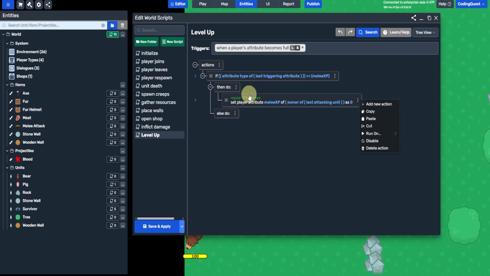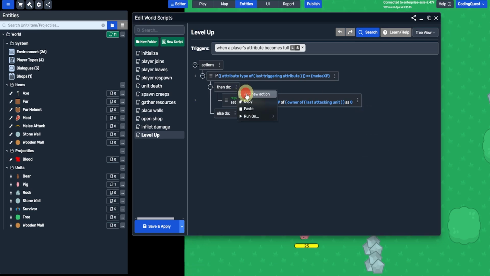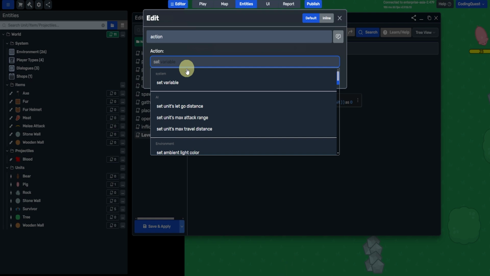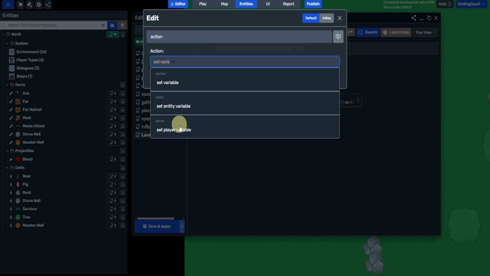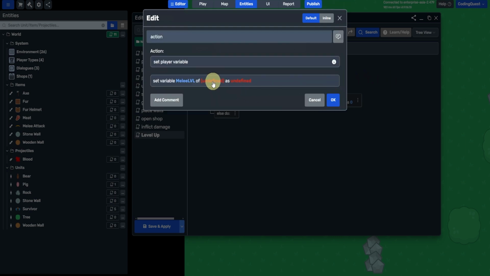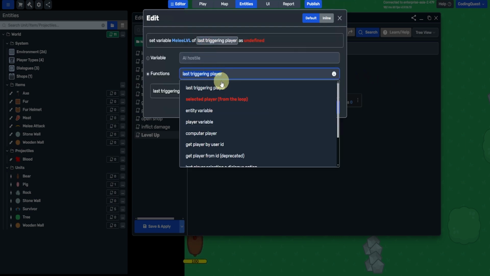We don't want to copy paste this. We will add a new action here, set variable. We're going to set player variable. The variable we're going to set is the melee level. We only have one actually, because we have only made one in this game, of the last triggering player